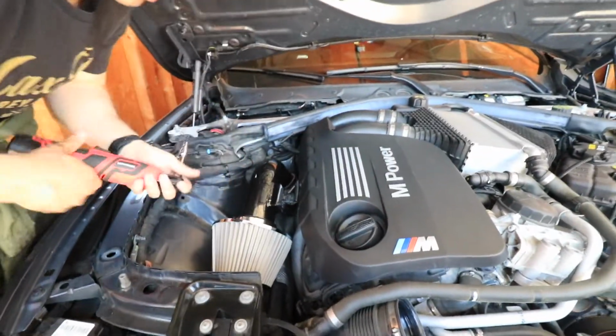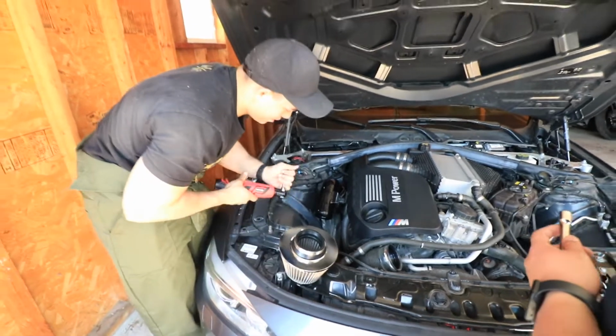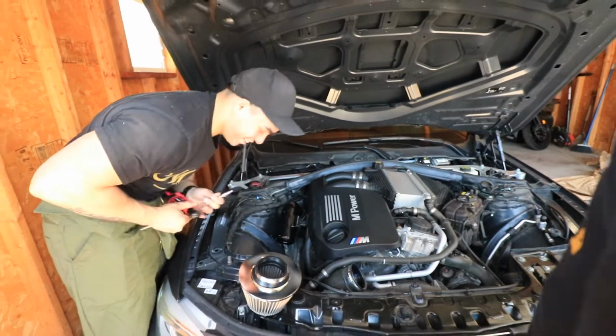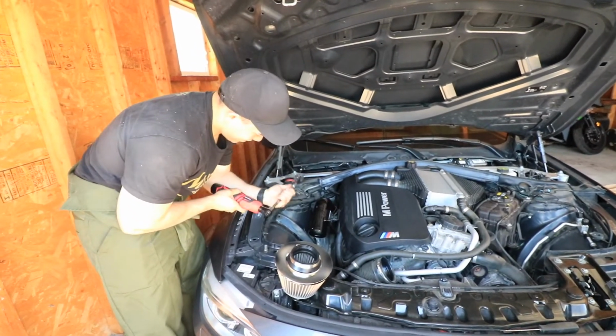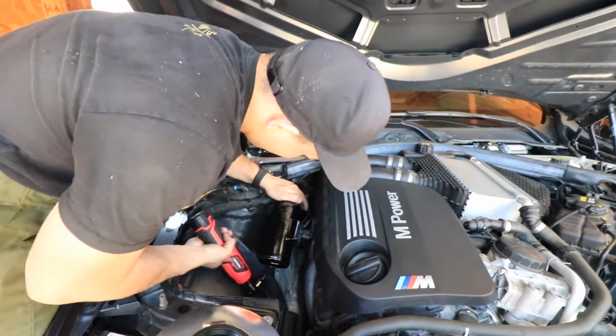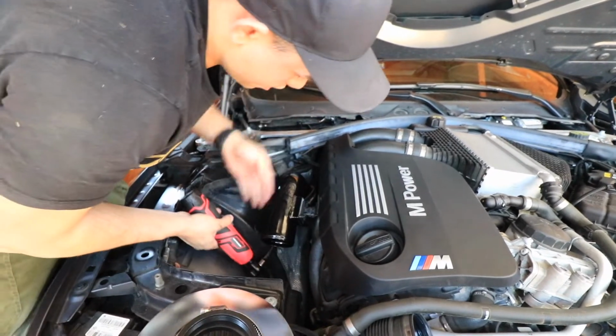Okay, maybe don't put the filter on. Backtrack, take the filter off. Put the extension back on. Okay, stop laughing, Grant. And then we're just gonna tighten this down. Gonna make sure that the